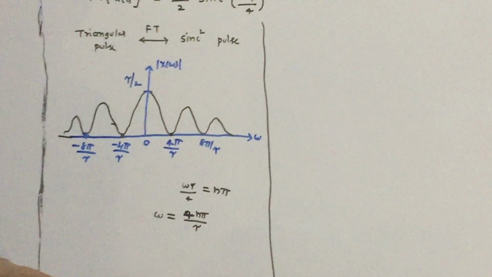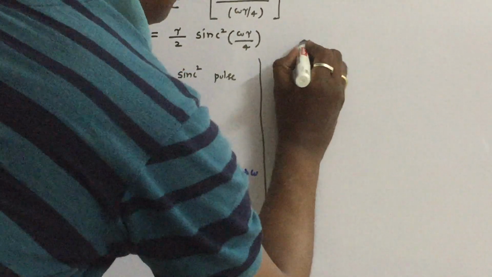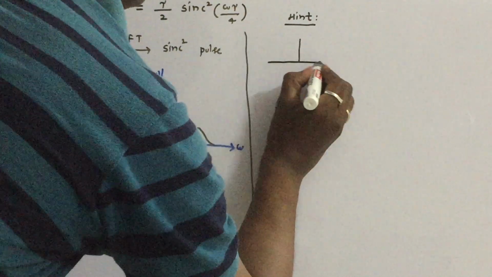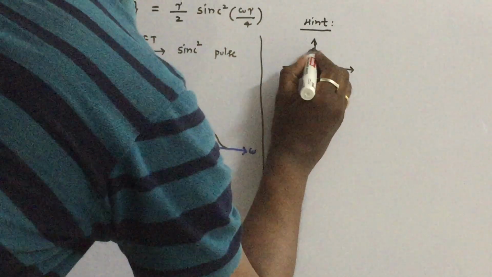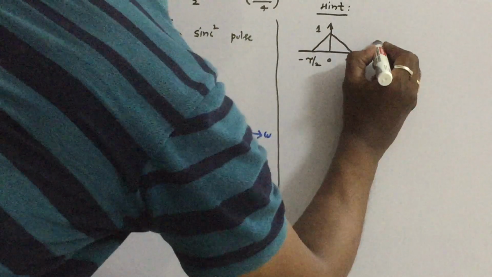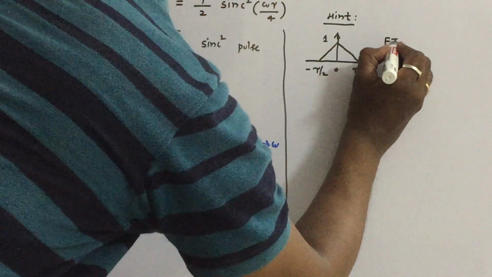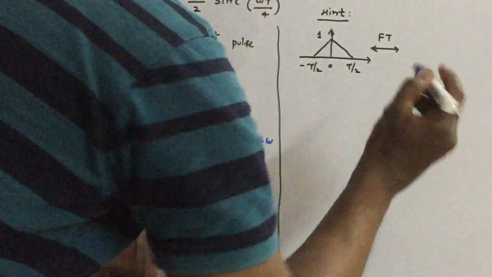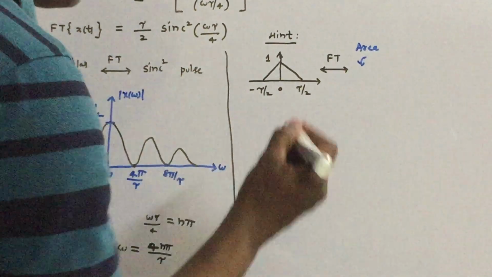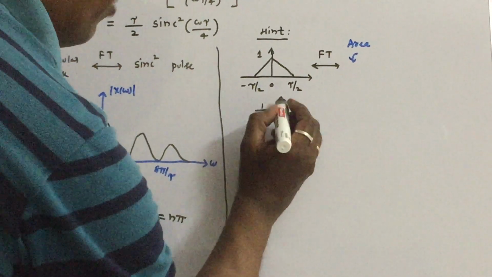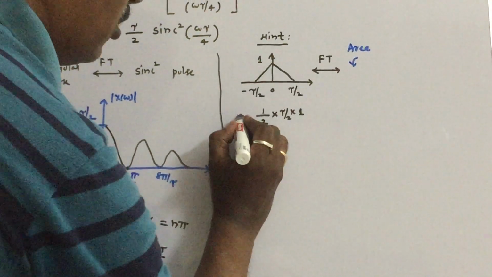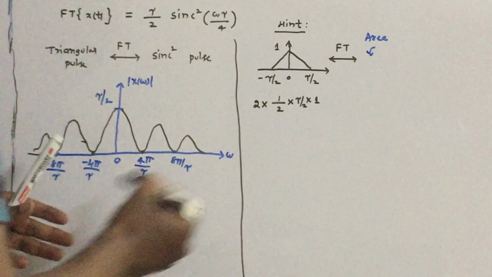For example, say this is our triangular pulse. Remember that this is your triangular pulse which is extending from minus tau by 2, 0, tau by 2 of amplitude 1. How to find out the Fourier transform in shortcut method? So first term is always the area, similar to previous one. So what is the area of this pulse? Because there are two triangular pulses, half. What is the area of triangle? Half. Width tau by 2, height is 1. Here since two triangles are there, multiply with 2. So therefore 2 gets cancelled.